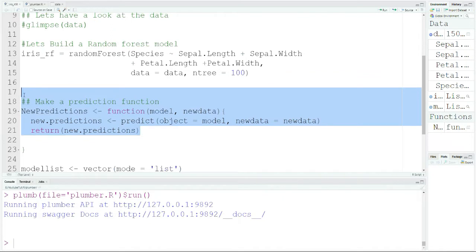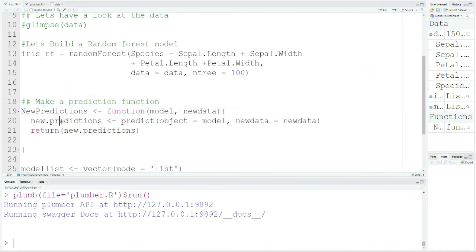In this model file, where I am building my model, I have created a function to provide the predictions. Whenever my API calls this particular RDS file or this model, I will use this function to make predictions. So I have written a function where I am passing my model and my data, and I am using the predict function, providing the model name and my data. When I load my data file and provide this function and these parameters, it will return my prediction. After prediction, I'm storing the results in new.predictions and returning them.